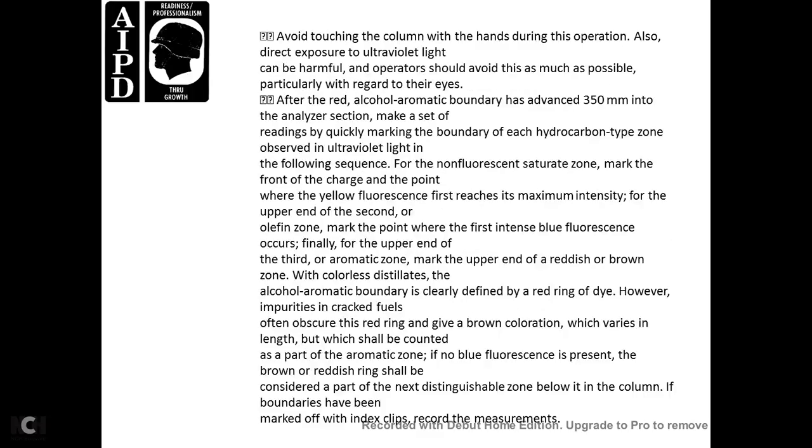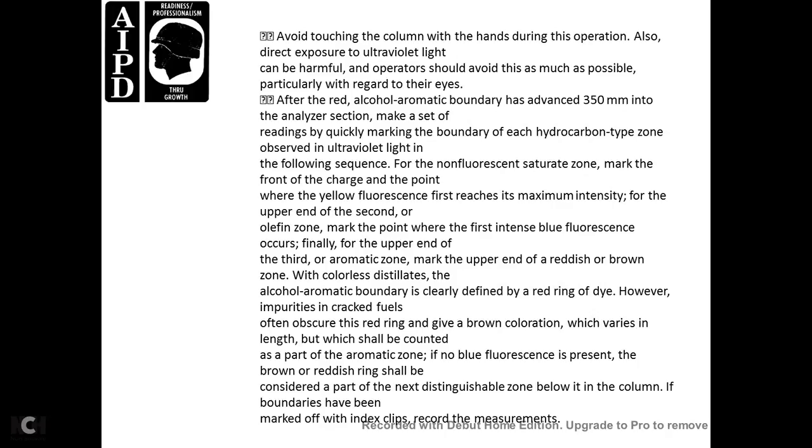Avoid touching the column with the hands during the operation. Also, avoid direct exposure to ultraviolet light. Be careful that the operator avoids it as much as possible, particularly with regard to the eyes. After the red alcoholic aromatic boundary has advanced 35 millimeters, the analyzer section may be set for the